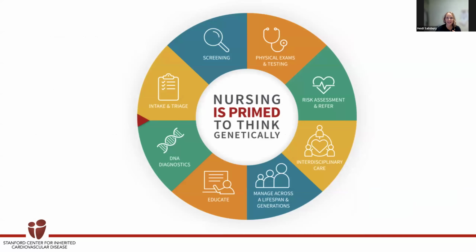To really color this in and guide our multidisciplinary team to improve the care of our patients, we centered our nurses on this team, and we trained them with a tool that we call PRIMED. And we say our nursing is primed to think genetically to improve the care of our patients. And we made this tool in the shape of a circle because, again, the care of patients living with genetic